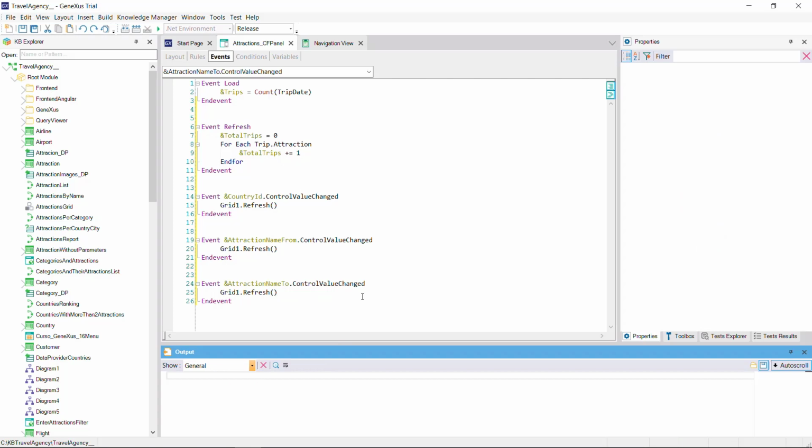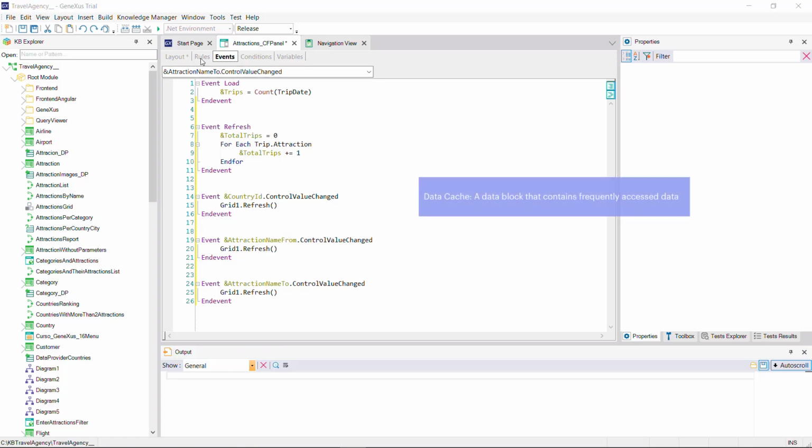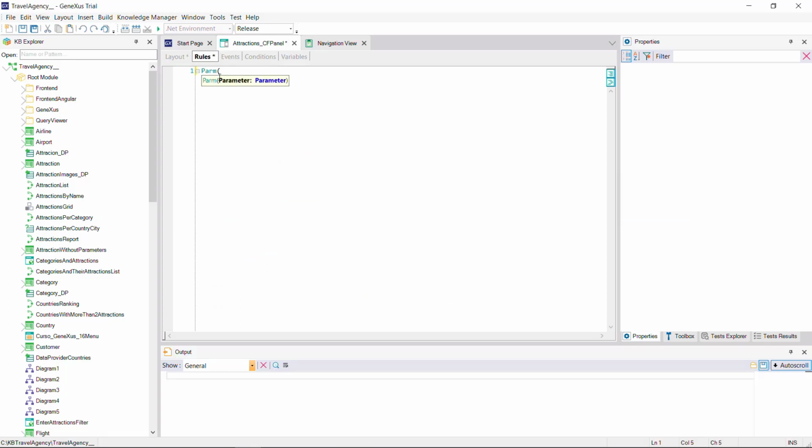However, there's something else we need to take into account, which is that in this architecture, since the objective is to have the page loaded as few times as possible, the data cache is prioritized. That is to say, we always try to retrieve the information previously saved. For the server to understand that we want to bring new data, the URL sent to the server must be changed, so that it understands that it's a new page and obtains the corresponding information from the database to send to the client. To do so, we added a parm rule containing the values of the variables used in the filters. In this way, if a variable's value changes, the page is updated with the new data.